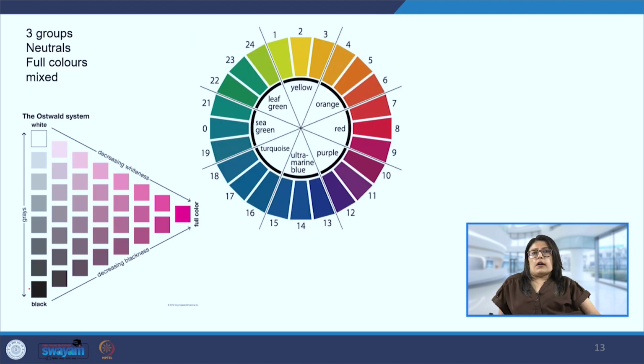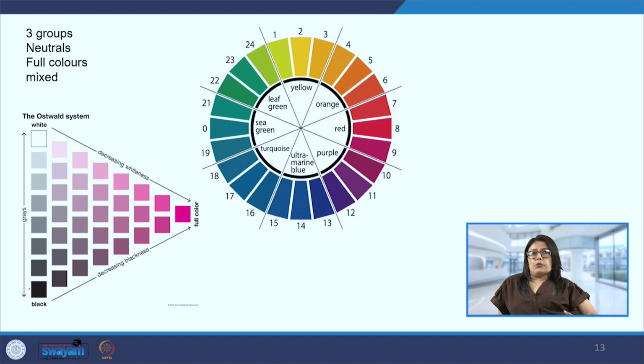We can see here it was similar in terms of the white, the black and the color. Here each and every hue would create a triangle, just like we can see here. Of course it will rotate again, so rather than forming a cylinder, it will form a different shape.